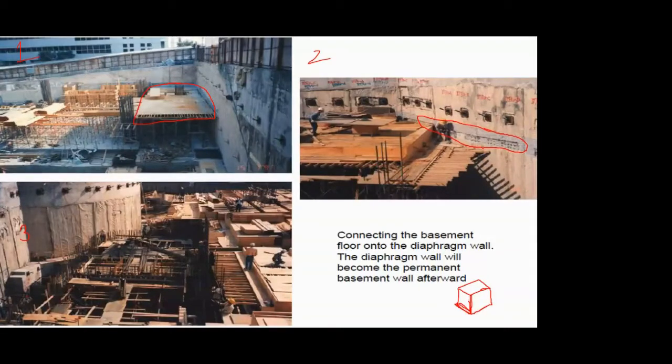Either those grooves are in the form of holes mainly, and then nut and bolt. You have large nuts and bolts which will be inserted through the slab into the diaphragm wall. That will help in connecting the slab to the diaphragm wall. And in the third figure, the diaphragm wall is there on the periphery, and they are just placing the slab. No need for another wall there. So this is the second use of a diaphragm wall application, that you can use it as an actual wall for any room or a basement.